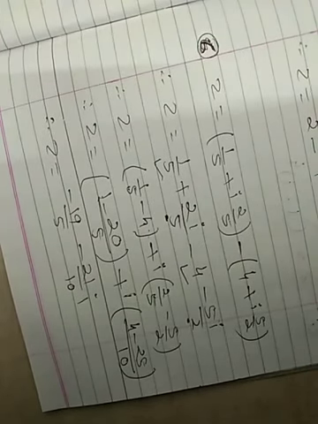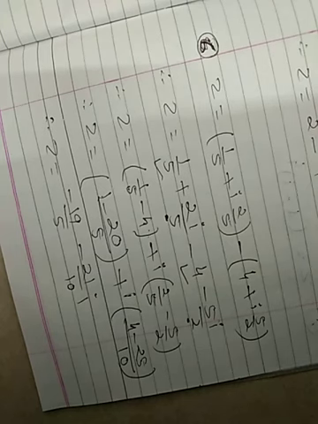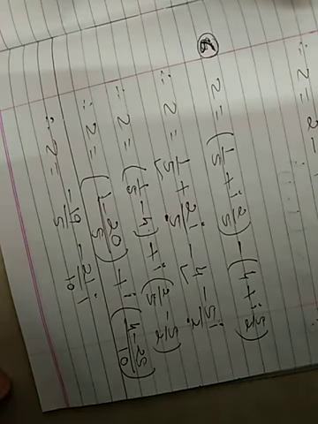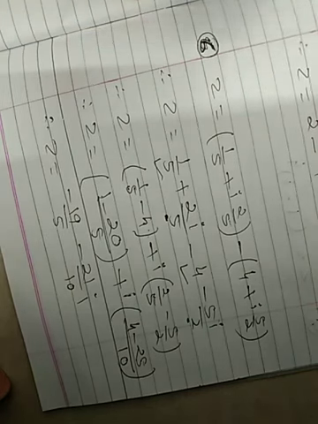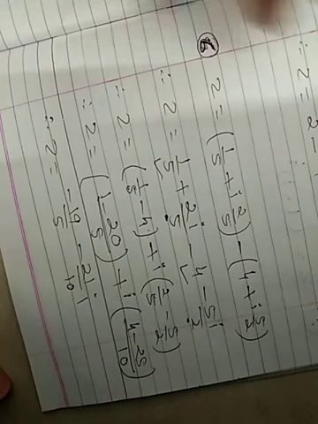Very simple sum. Can you see all the sums are having the same pattern? Let real numbers together, after that let imaginary numbers together, otherwise put i square equal to minus 1. This is the basic method of this chapter.